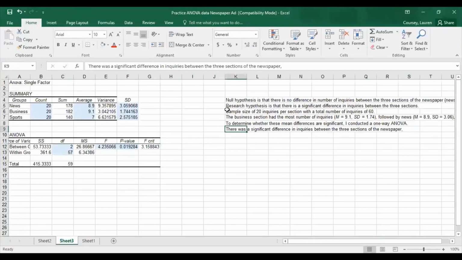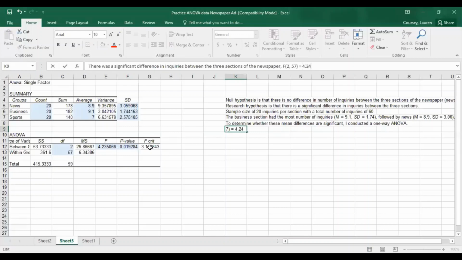How we report this in APA format is we italicize our F. In parentheses, we give our degrees of freedom, so the degrees of freedom for this F value is 2 and 57. I don't want to italicize these, just my F. I'm going to say 2 and 57, and then I report my F value, so I say equals